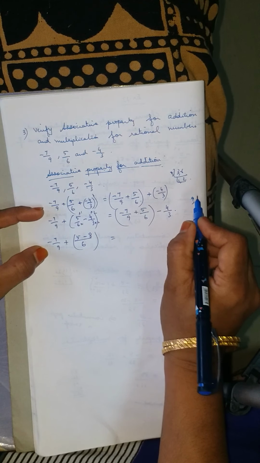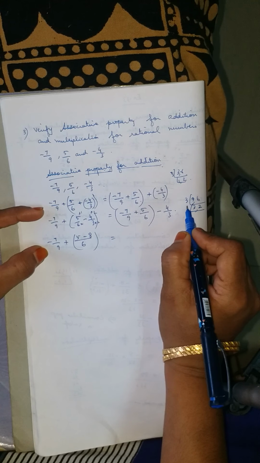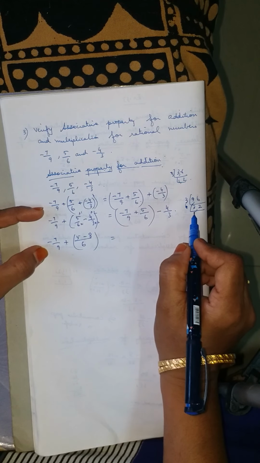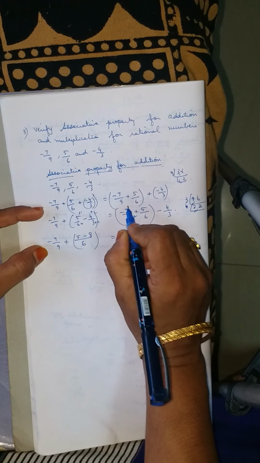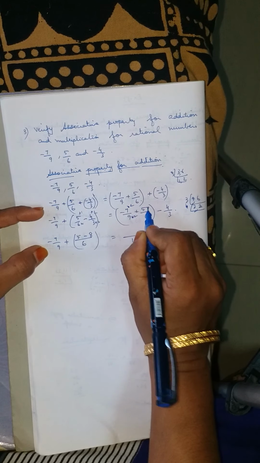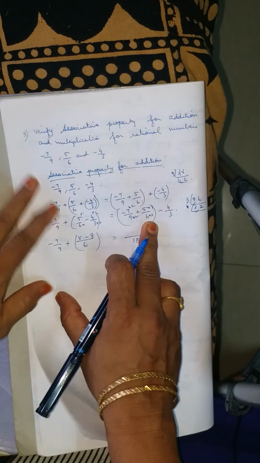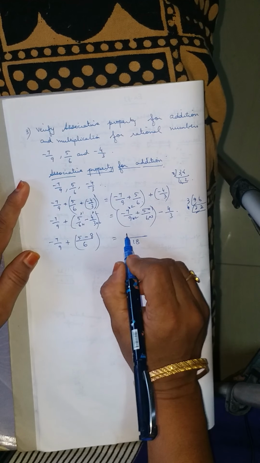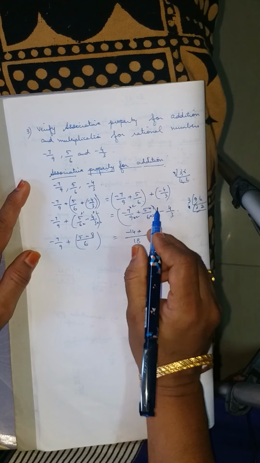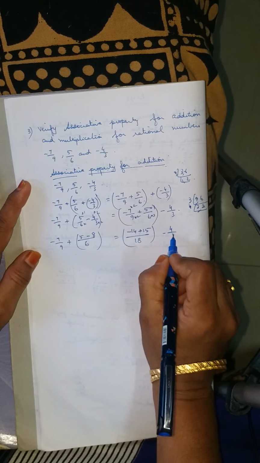Same way here, 9 and 6, you take LCM. 3 times, 2 times. Now, 3 3s are 9, 9 2s are 18. 18 is your LCM. So, into 2, into 2, into 3, into 3. You know 9 2s are 18, same way 6 3s are 18. So, denominator you multiply with the value means numerator also has to be multiplied. So, minus 14 plus 5 3s are 15, minus 4 by 3.